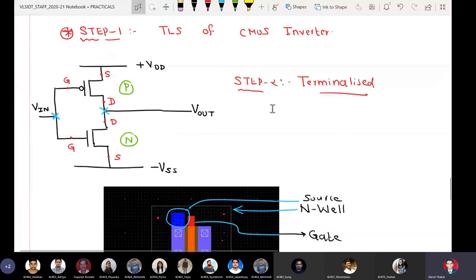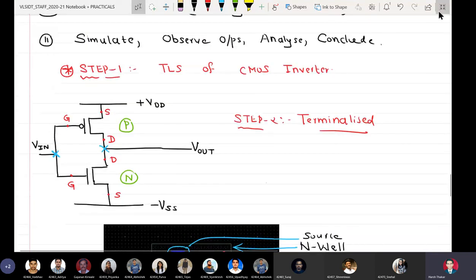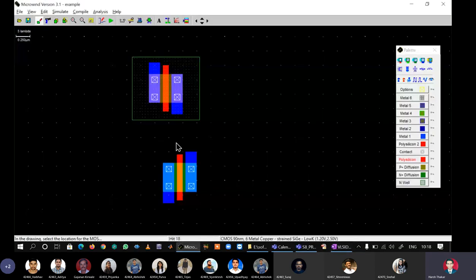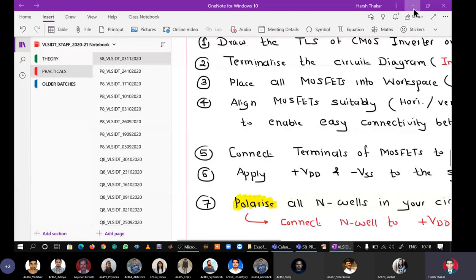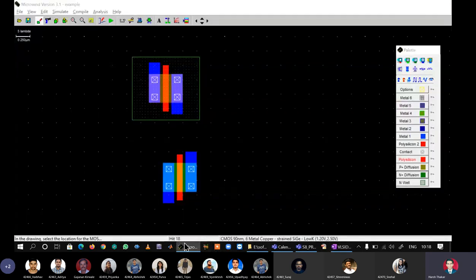So now we are going to go very fast because everything has been explained here. So I go here, right? Now we have already executed step number 3. I have placed all the MOSFETs in the workspace. Now the next step is align. So I go here,